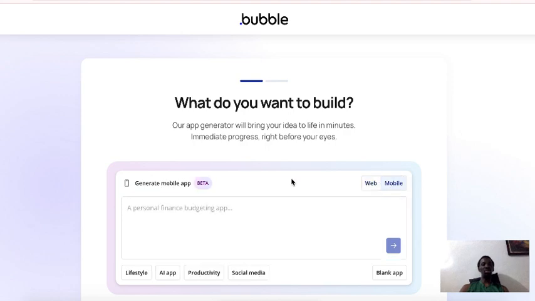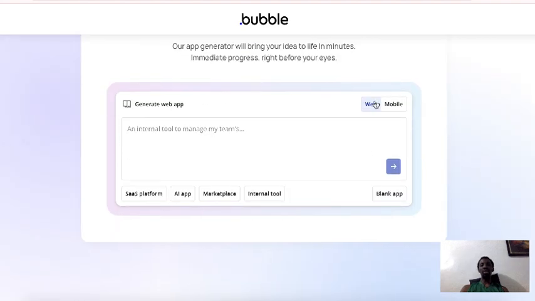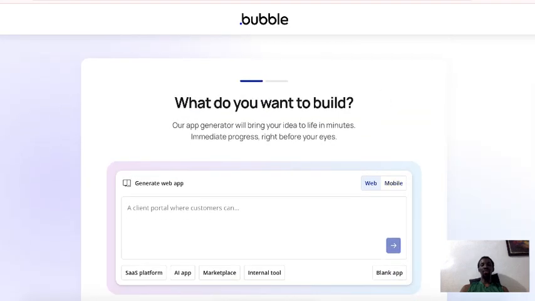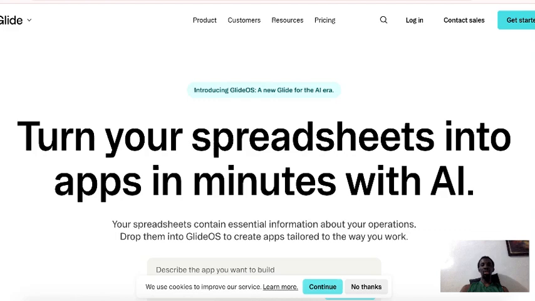So now all you just need to achieve on this platform is a prompt. So once you insert a prompt, it's going to generate for you automatically. It's either you create an app based on website or mobile app, either of the two. All right. So now, why the second one? The second one is called Glid platform. All right. This Glid platform, all you just need to get started here, and it will land you